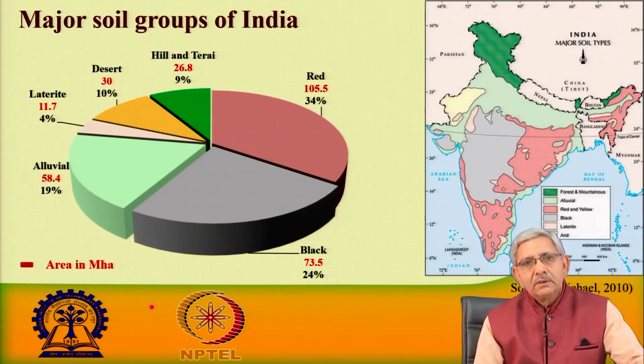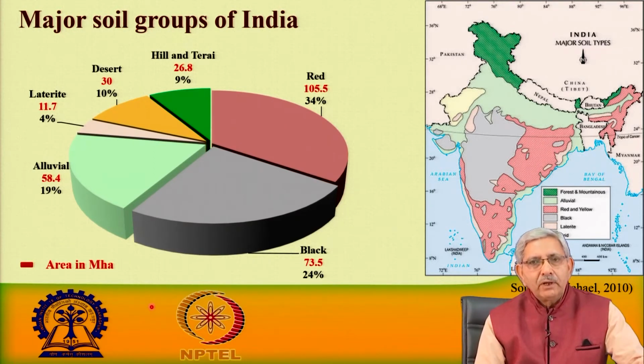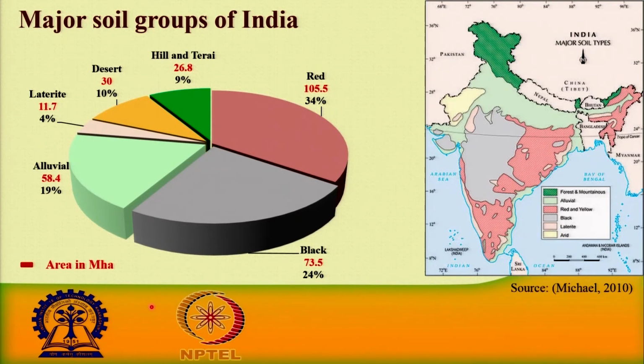Now, when we look at different types of soils in our country, different soil groups have been classified based on the color or disintegration of the basic parent rock material. If we look at the pie diagram, we see that red soil dominates in the country, covering about 105 million hectares, which is about 34%. Then next in the order is black soil,